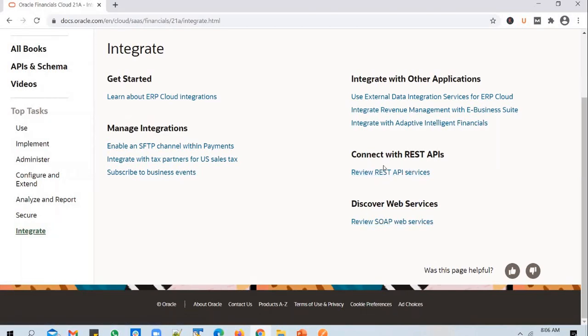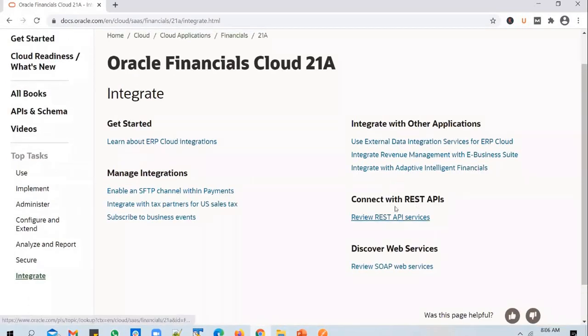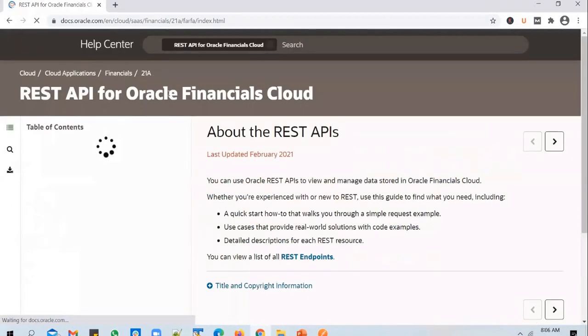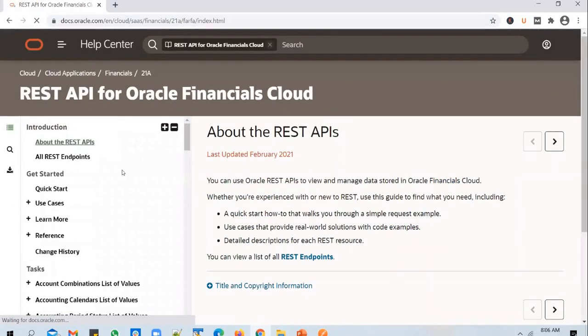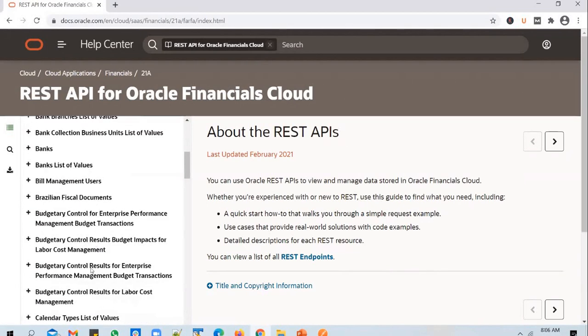And then we have seen how the SOAP services work with the help of that example. To review the REST APIs, or to see what REST APIs are exposed by Oracle to interact with the Financials Cloud application, you go into the Review REST API Services option. If you scroll down, you will be able to see a pretty long list of REST APIs exposed by Oracle for the Oracle Financials Cloud application.